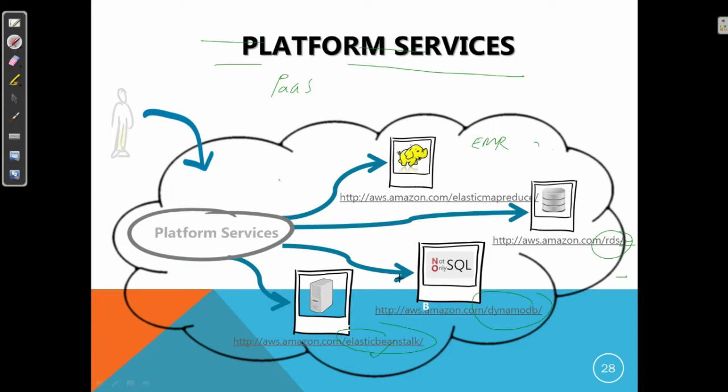It is also an easy-to-use environment for deploying and scaling web applications and services which are developed with any framework. It may be in Java, .NET, PHP, Node.js, Python, Ruby. So these are the popular PaaS services from Amazon.